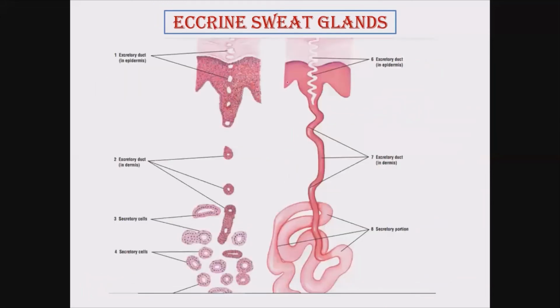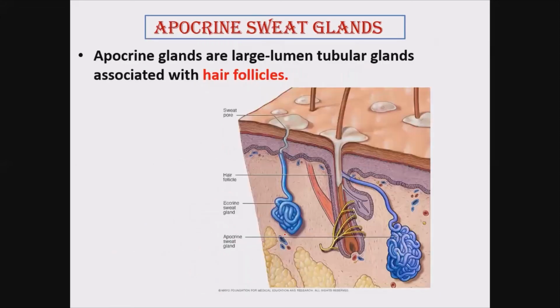Coming to this eccrine sweat gland, how it appears. See, the duct is this. The duct will be darkly stained, stratified cuboidal epithelium opening onto the surface. And this secretory part will be more like the acinar part, with a wide lumen, bigger in comparison to the duct, and lightly stained. More like secretory acini.